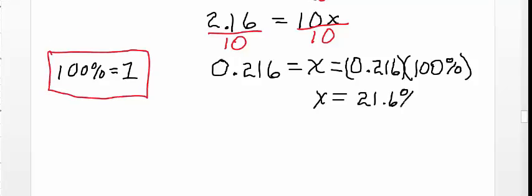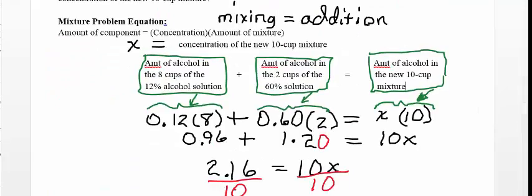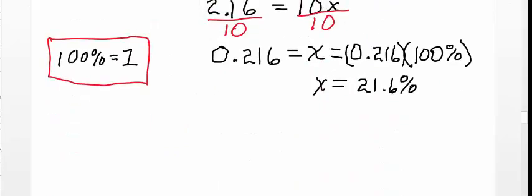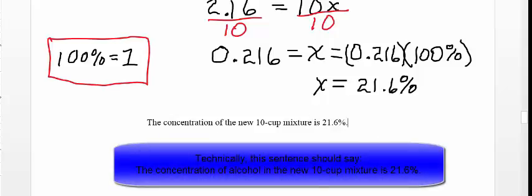That's why I can do that. So this is 21.6%. I'm going to get my nice full sentence answer by taking words that are right in the original problem. So the concentration of the new 10-cup mixture is 21.6%. And technically that